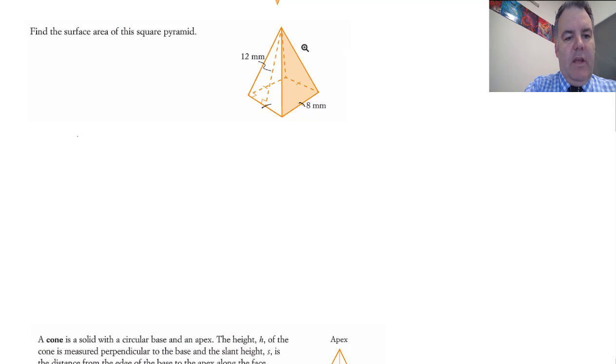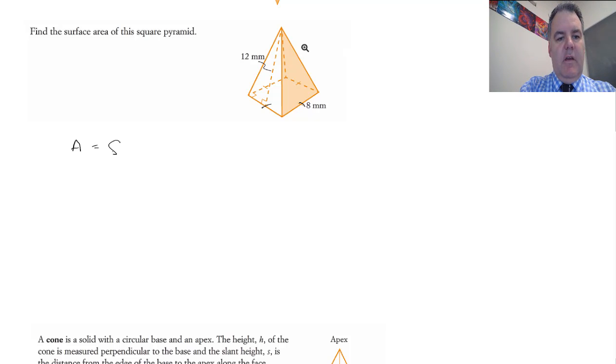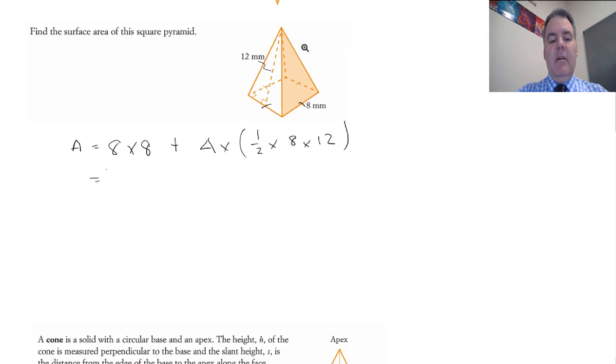So once again, I'm going to do it all in one step. The area is going to be the area of the base. So that's just 8 times 8, plus 4 times the area of each one of these sides. So it's just a half times the base times the height of those triangles there. And that's it. And then you just grab your calculator out. So that will give you 256